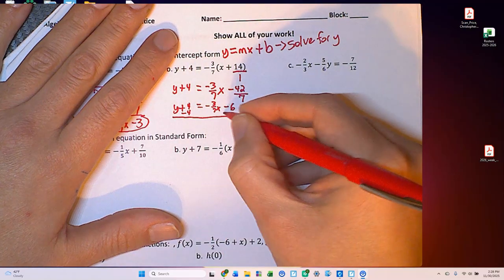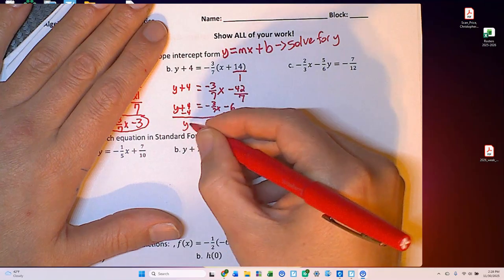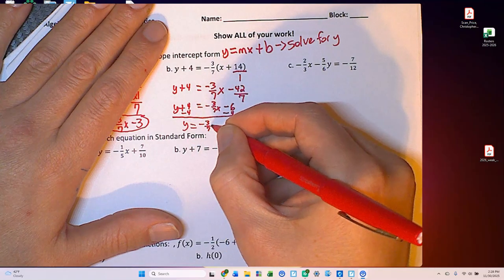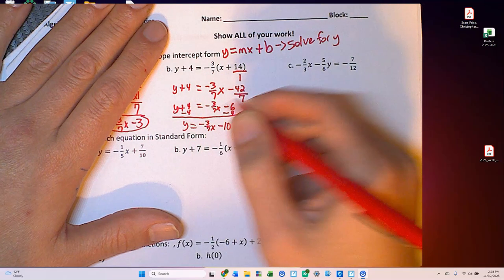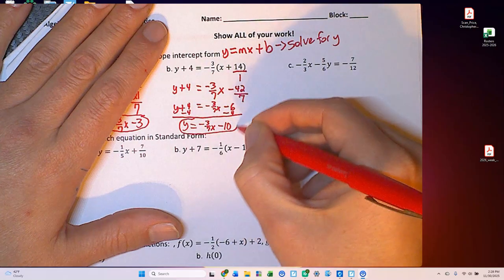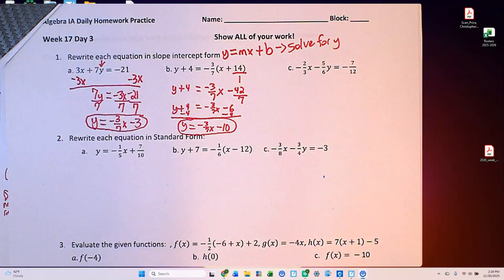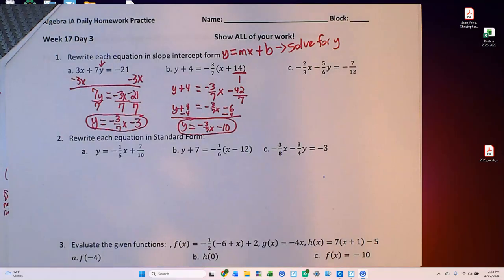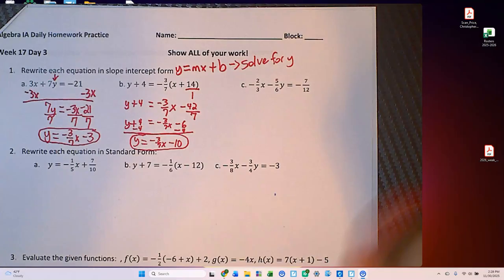Again, I'm running out of space. This is why I like my fine tip pens better. Man, we just keep throwing fractions at you,